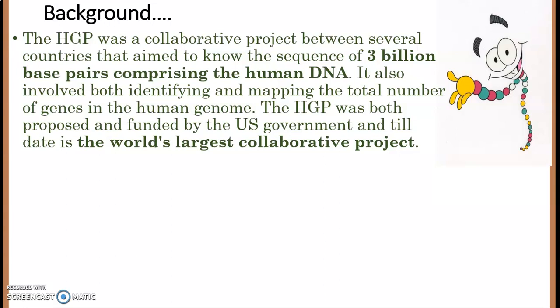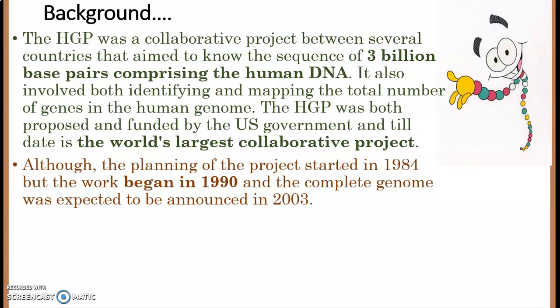So the Human Genome Project was a mega project. Why is it called a mega project? Because it was a very costly project, and it comprised various institutes across the globe as participating members. It was meant to sequence all the 3 billion base pairs that comprise the human genome. So it is a very huge amount, and lots and lots of funds were needed to do so. So it was a mega project, and it is the world's largest collaborative project also.